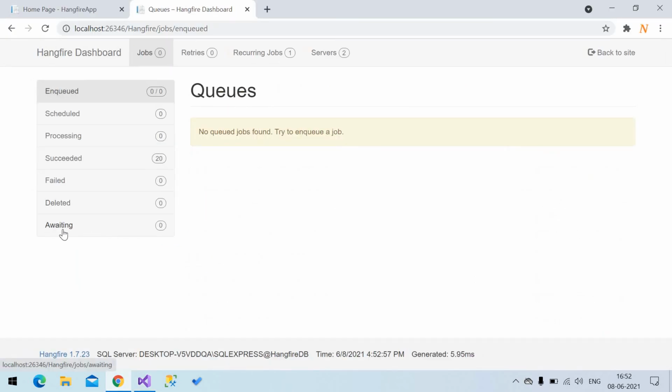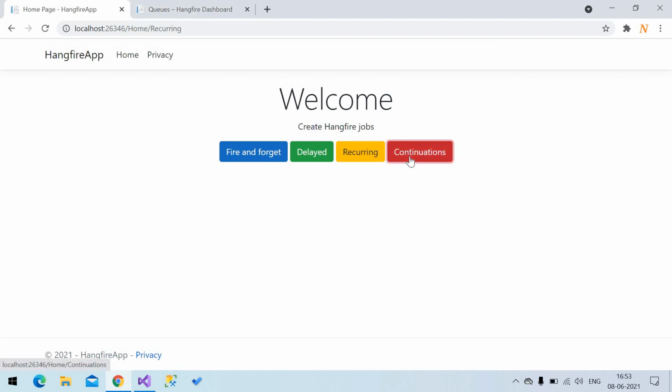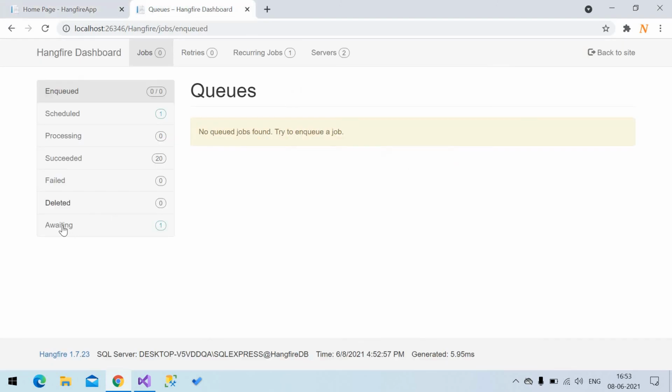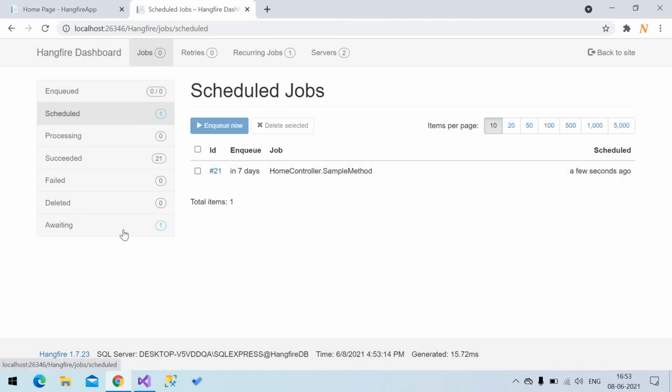If you see, there are no jobs in waiting mode. Once you click on continuation jobs, the child job will be added to waiting mode. Once this scheduled job is completed, this child job will be executed. So the child job is in waiting mode till the parent job gets executed. Once the parent job is completed, this goes to enqueued, processing, then succeeded.